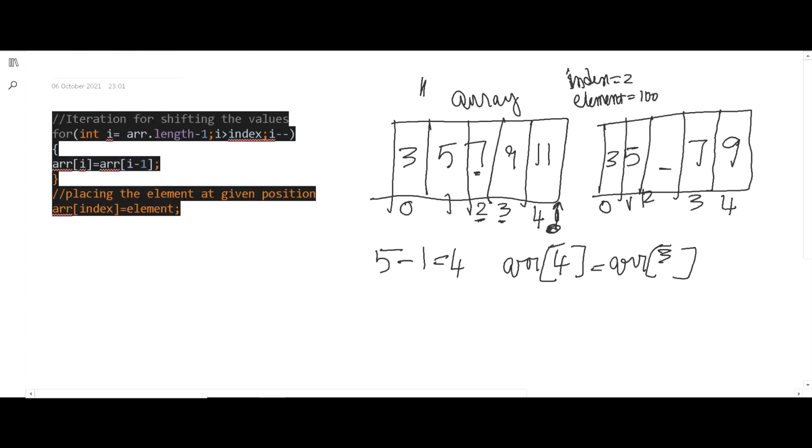See, here we have written that ARR of I equals ARR of I minus 1. You might be asking, where will the 11 go? How is that 11 gone? See, here we have defined the size of this particular array. So in order to give place to some element, we need to remove an element.